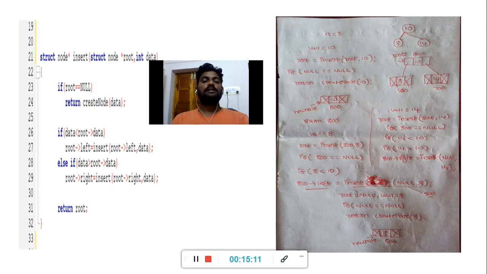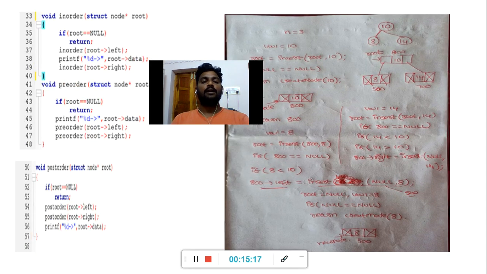Once the binary search tree is successfully created, we can apply traversal techniques: we can call the in-order function, or the pre-order traversal function, and finally the post-order traversal function. These are the 5 user defined functions: create node, insert, in-order, pre-order and post-order.